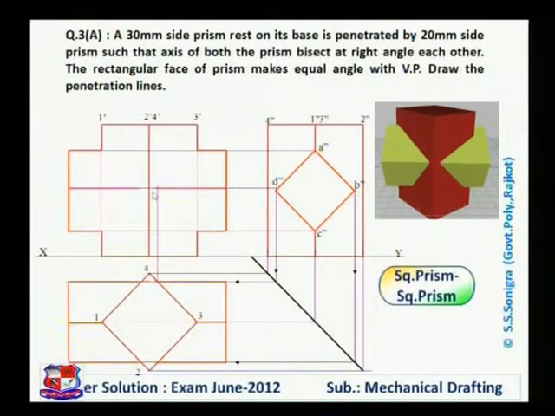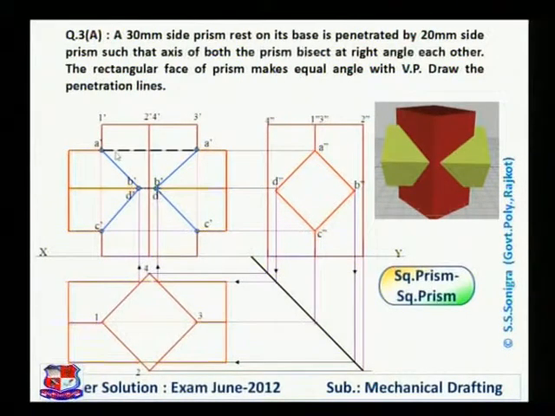That vertical line will cut a line from D double dash at this point, like this. From this point also draw a vertical line. Here one point is there. From these 2 points, from 3 you draw a vertical line. So these are the 3 points, point number 1, 2 and 3, which show the intersection of the edges. Similarly, on this side also 3 points would be there, 1, 2 and 3, and join all these points like this with a straight line, and it would appear like this. So this line of intersection would appear like this in front view.